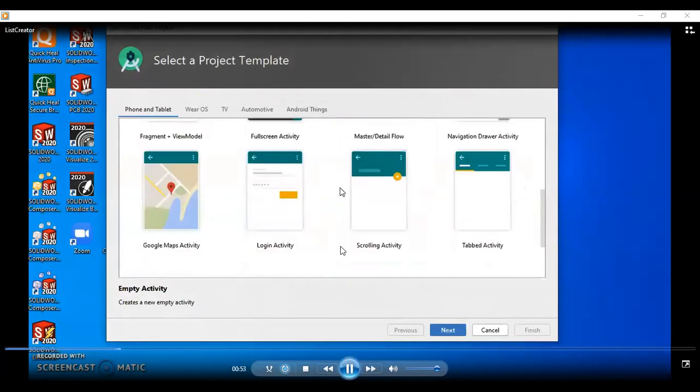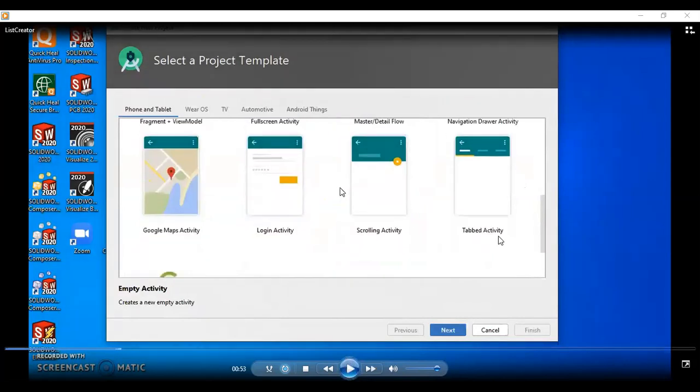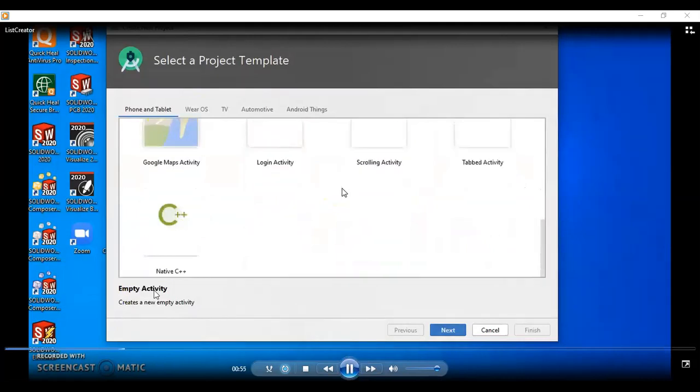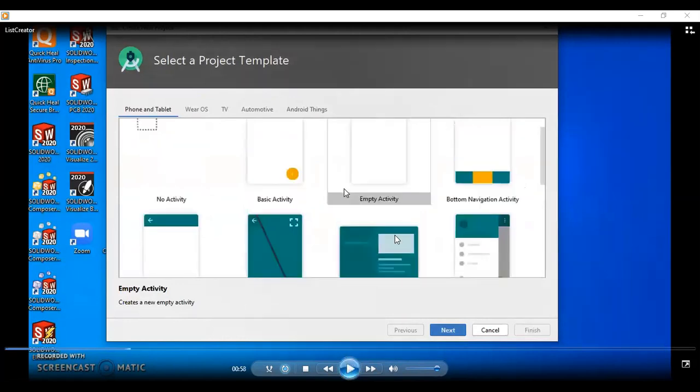Then login activity, scrolling activity, tabbed activity, Google Maps activity, and C++ native support. So these can be selected as per your or the developer's requirement. So for today's project, we'll be selecting basic activity.